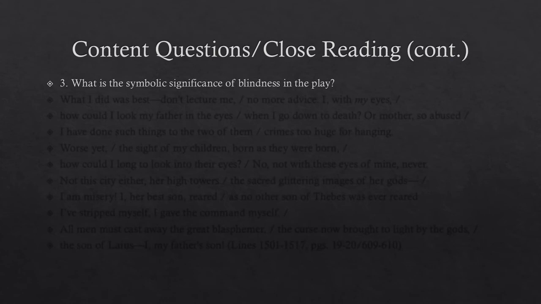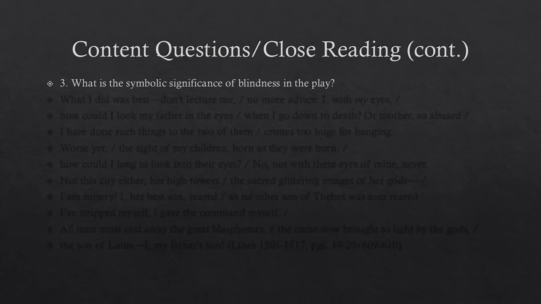So Oedipus learns the truth that he killed his father, Laius, married his mother, and then sired 4 children with her. And so we know that his mother and father wanted to avoid the prophecy that he would do this, so they sent him away as a baby, but they didn't kill him. They couldn't bring themselves to do that. We know that Oedipus grew up and heard the prophecy himself and thought mistakenly that his adopted parents were his biological parents. So he ran from them to avoid the prophecy. Ironically, he ran right toward where he was originally born, encountered his father on the road and murdered him, and